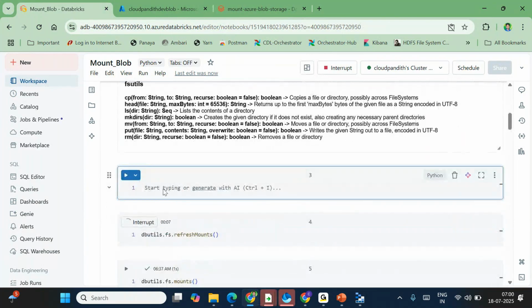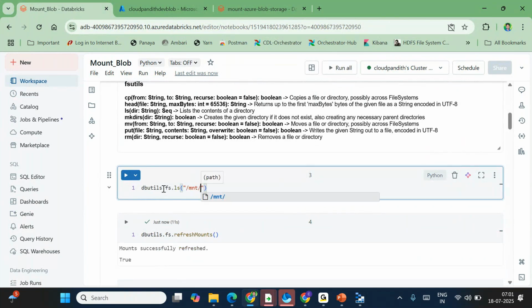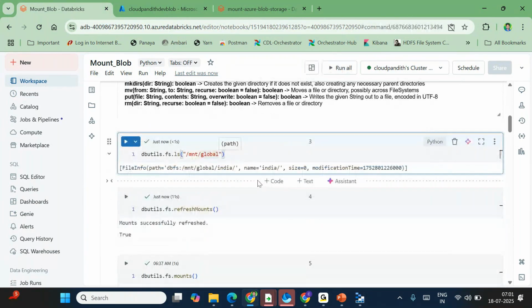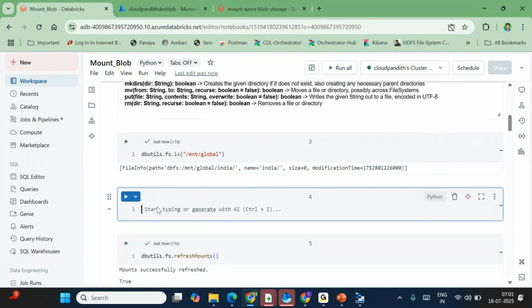Okay. Now I want to check one more thing. fs.ls mnt/global, is it accessible? It's accessible, correct? Now dbutils.fs.rm, sorry, not rm, unmount. Unmount, when you want to detach, simply give your container name, mnt/global. So when you do that, what is it going to do? It is going to simply remove this particular